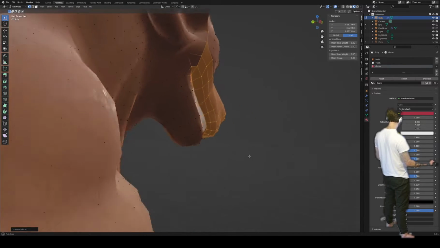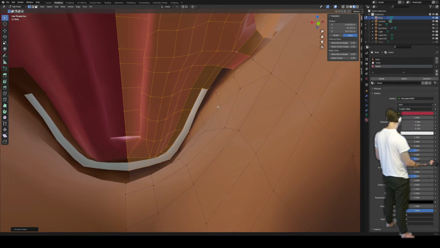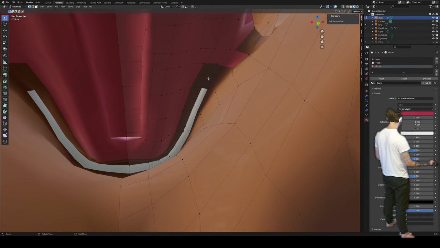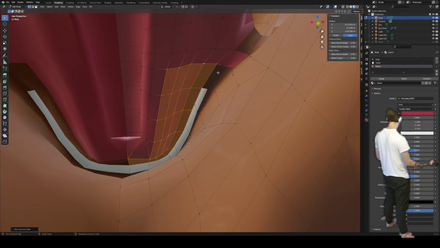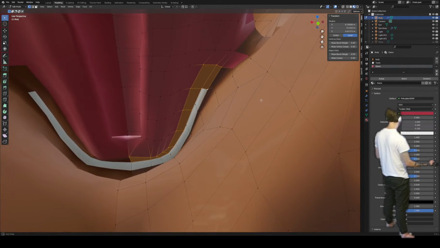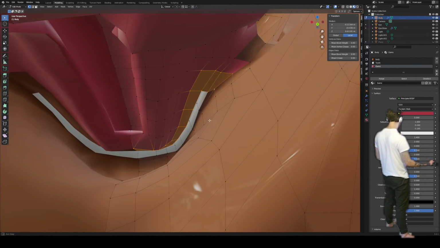And that should give us an idea of like what we're working with on this whole area. Like I think I want to mark this as gums here. Like I said, shortest route, never predictable. And then this is the gum line between the teeth and the actual